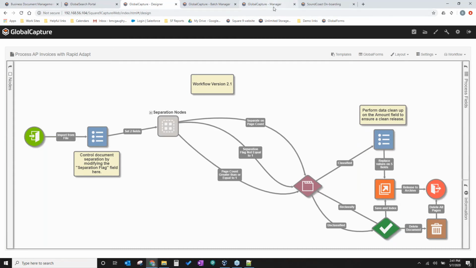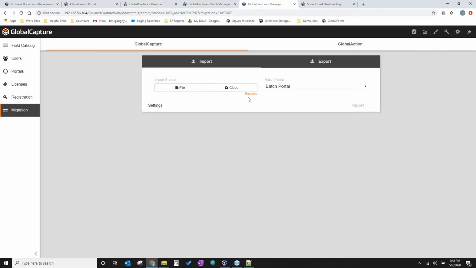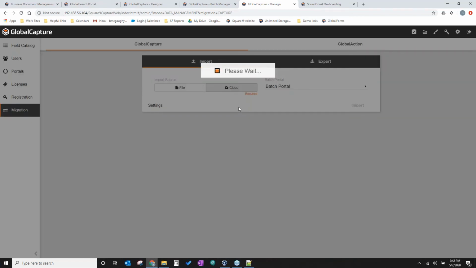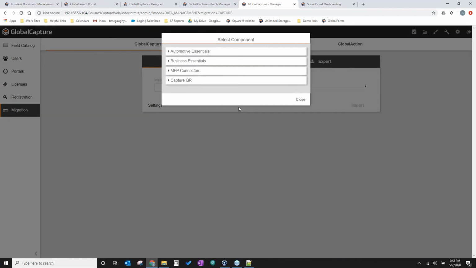Well, just like our Business Essentials platform, where we give you this pre-built template, what we've also done with Global Capture is create a system called our Solutions Delivery Network, where we've gone out and built particular workflows.